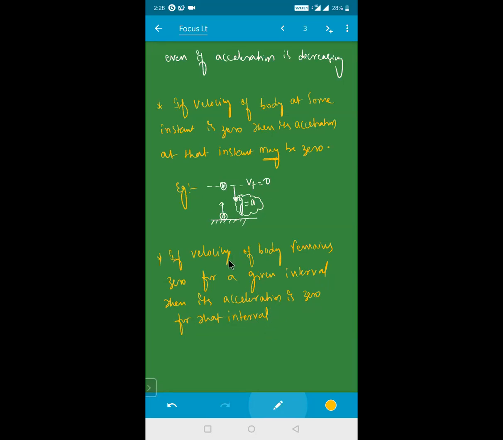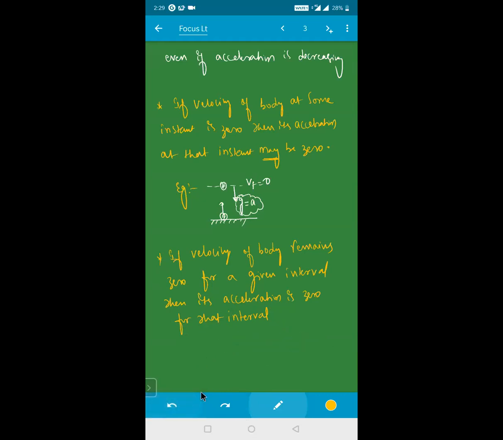For example, you started from your home, point A, and you need to reach your friend at point B. You take your bike, and somewhere in the middle, for a certain interval of time, you get a mechanical problem. For that interval your velocity is zero and acceleration is zero. Once the problem is solved, you again speed up and go forward. So for that given interval of time, if the velocity is zero, the acceleration is also zero. Is that point clear? Yes, sir.